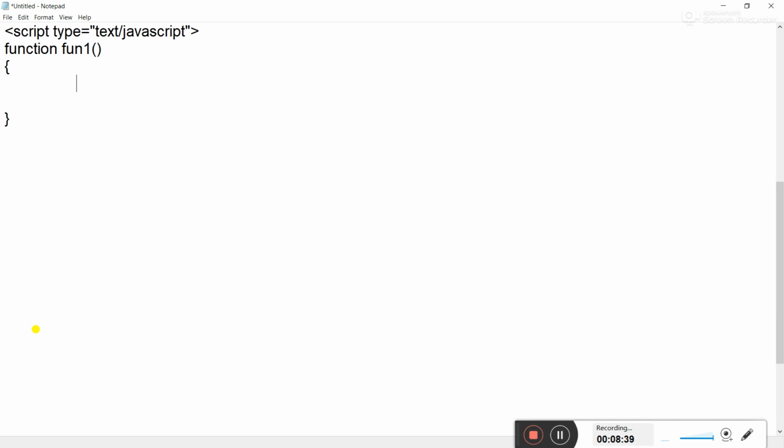Correct? Now we are going to ask the user to enter some value. So how to ask the user to enter some value? First of all, we require a variable. JavaScript is a case sensitive language, fully case sensitive. That means you cannot use capital letters for keywords.